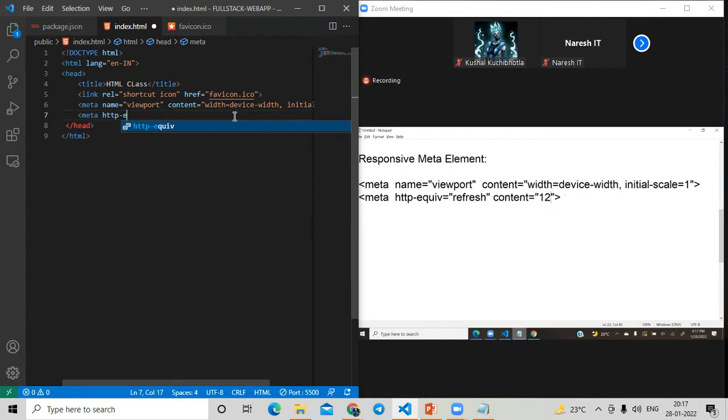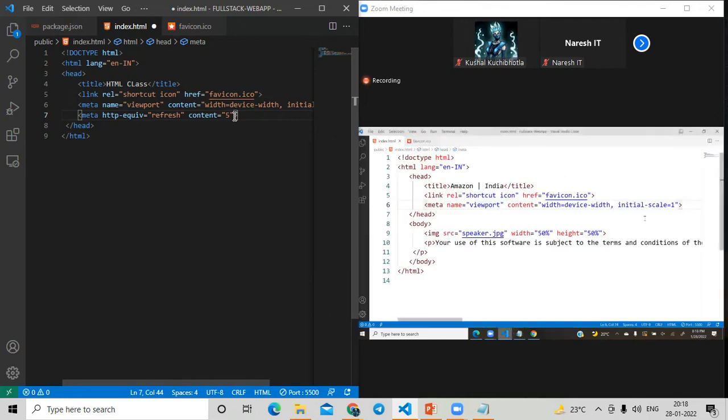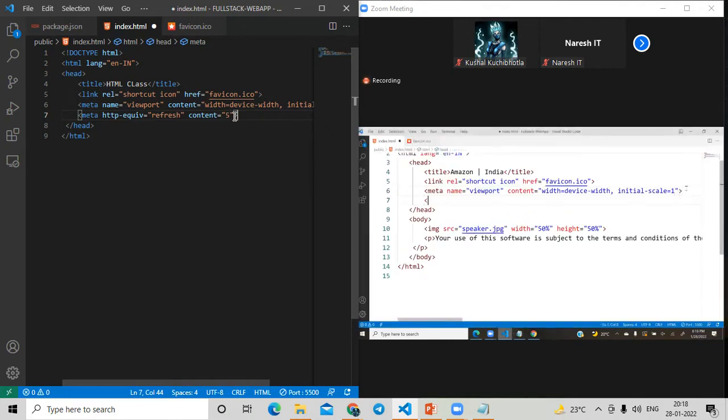You define seconds here. I said 5 seconds, so this meta will reload the page every 5 seconds. You can manage that by using HTTP-EQUIV. Now I am defining another option, meta. As I already told you, there is no order. You can write anything anywhere, but all are in the head section.